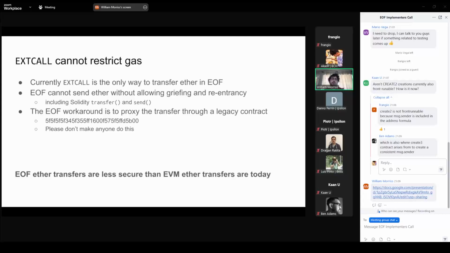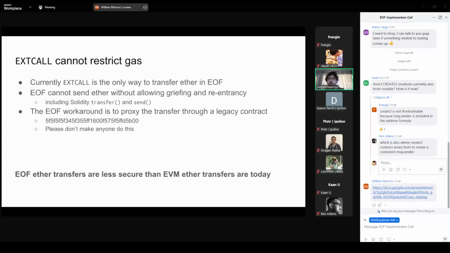And so anyone that you want to send Ether to might be able to grief you, for example, minting gas tokens with your extra gas using the legacy gas opcode. They can keep looping until like 90% of your gas is gone. And I've seen gas griefing in production. People put it in ERC20 tokens.